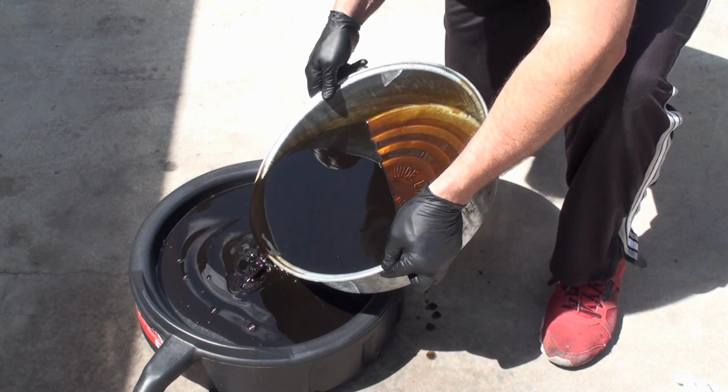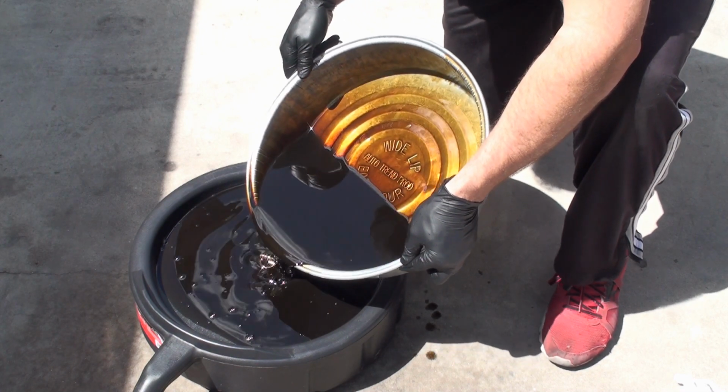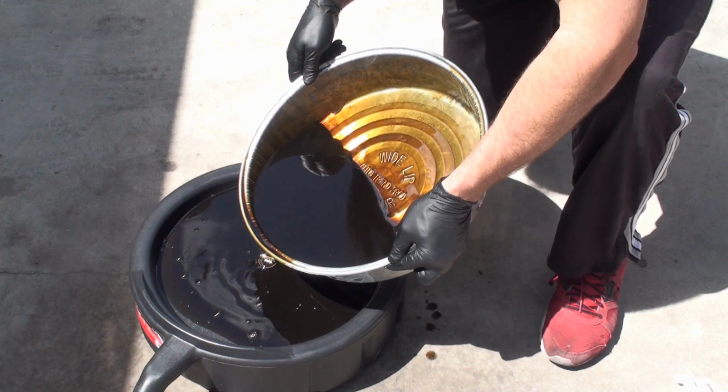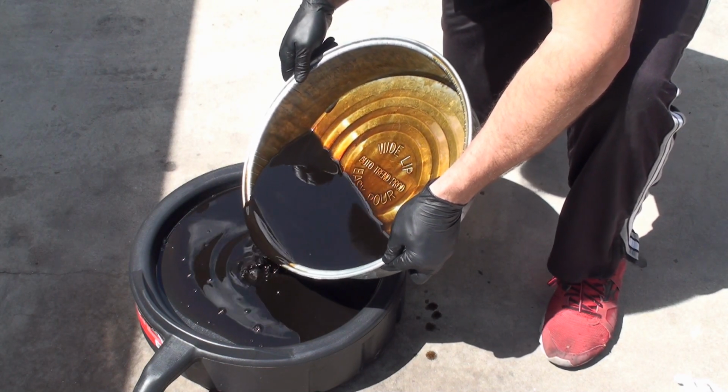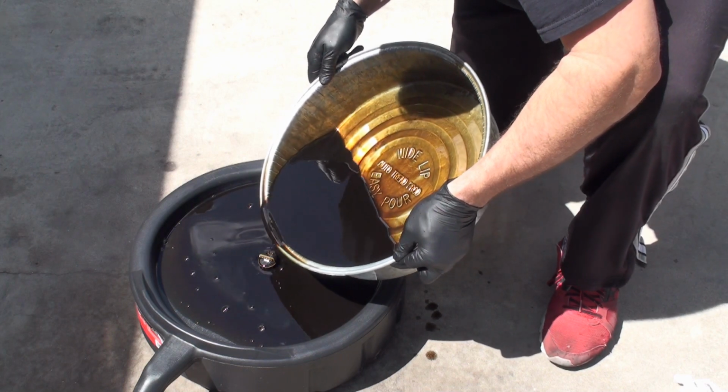I don't see any metal pieces yet. Oh, she's keeping that's really good. Look at that. Let's see what's down here in this last little bit. Okay, so actually I do see